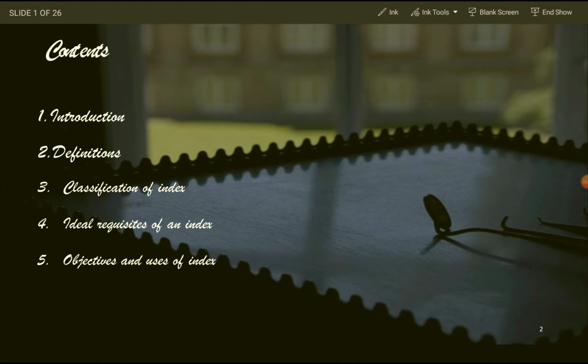Good morning, dear students. Today we will be discussing indices in dental epidemiology. So we will be discussing the indices' definition, types, and uses today. The lecture will be under the following contents: introduction, definition, classification, ideal requisites of an index, objectives and use of